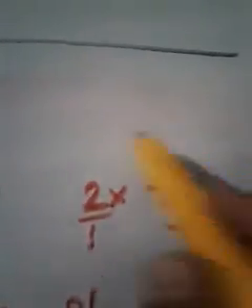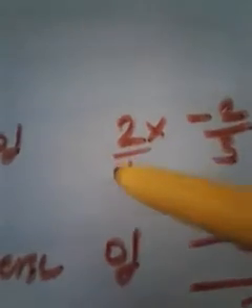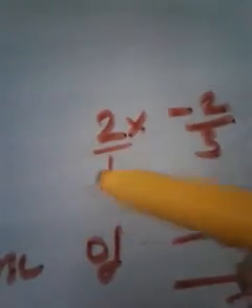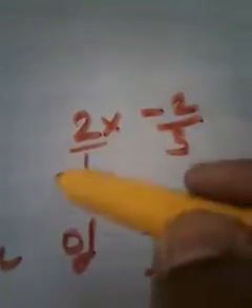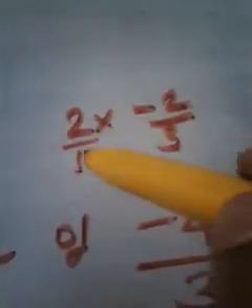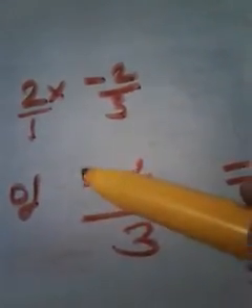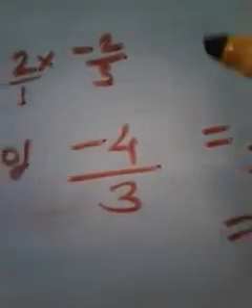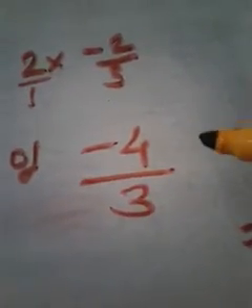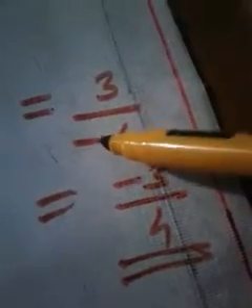So what I did, I simplified the question. For simplification, since there exists no denominator, just write the denominator 1 and multiply the numerator and multiply the denominator because the operation is multiplication. I know that when you multiply a positive and negative number, the answer will be negative. That's why the answer becomes minus 4 by 3. And how to take the multiplicative inverse? Multiplicative inverse is nothing but the reciprocal. Take the reciprocal, and since the minus exists in the denominator, just convert it to the numerator side. The answer will be minus 3 by 4. You may have understood. Okay.